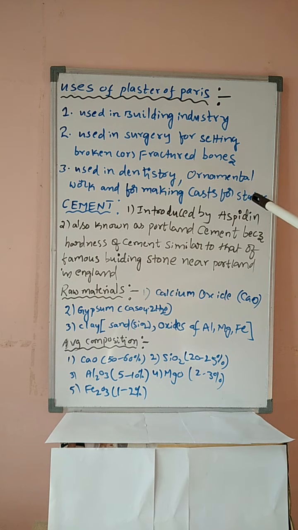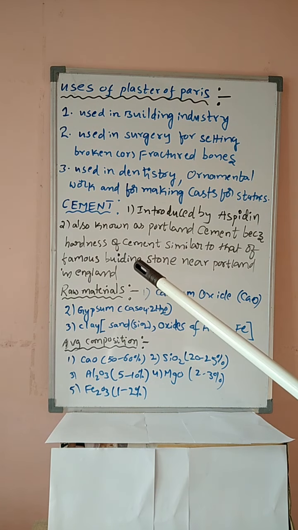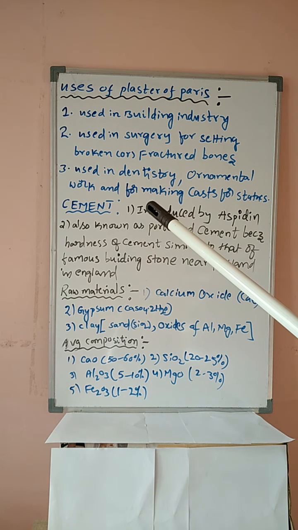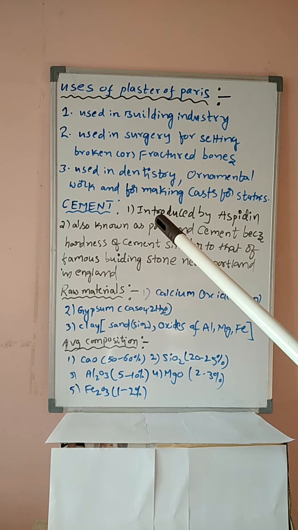Generally clay statues like Ganesh statues are not very effective, but using plaster of Paris makes them more effective, because plaster of Paris is used for making casts for statues. Then the statues are more decorative. These are uses of plaster of Paris. The very important daily application in our daily life is its use in surgeries for setting broken and fractured bones. Okay, students, with this, calcium sulfate and plaster of Paris is completed.